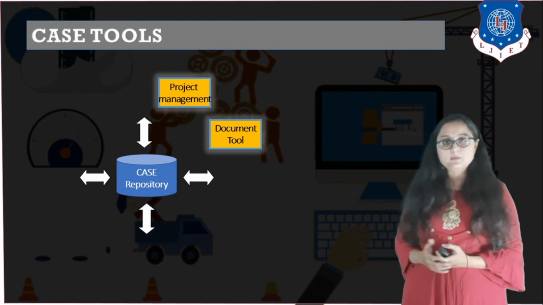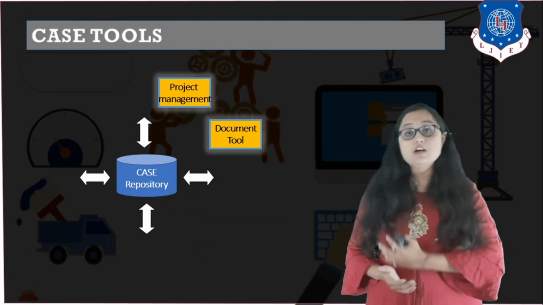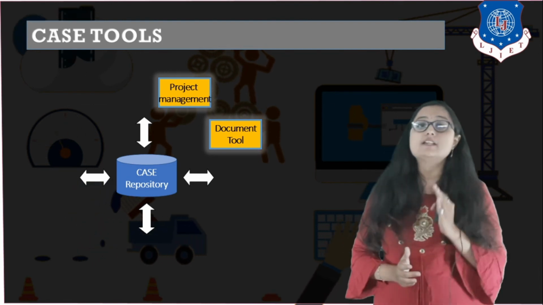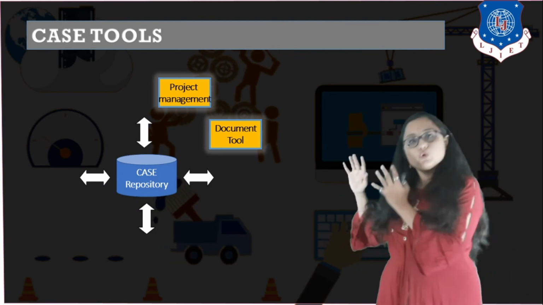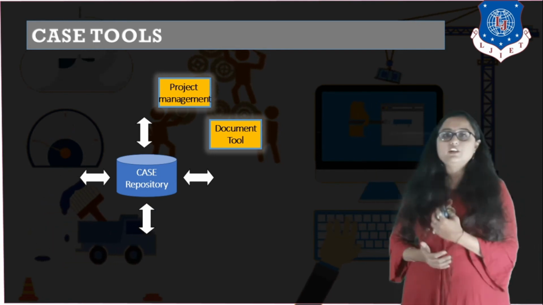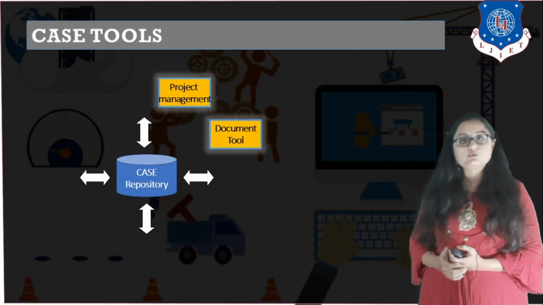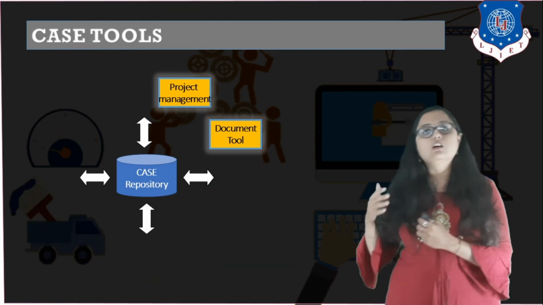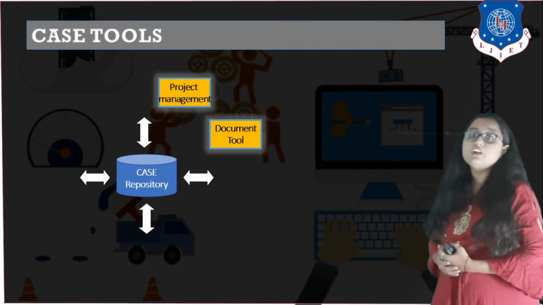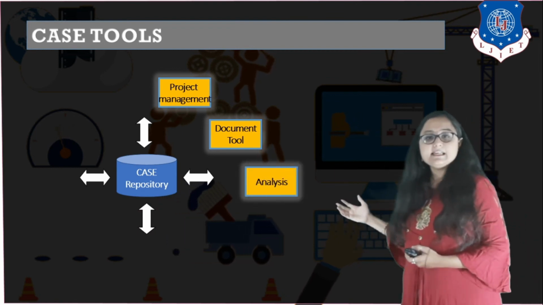The next is the document tool. Now, we know that documentation starts even before you have started the designing of your software, right? Starting from the requirement analysis phase, or you can say when you are deciding the objective of your software, you will have a document that is known as an objective document, right? So if you want to make documents faster, you have different sorts of document tools that are available. You can use those document tools, which will reduce your time. Instead of using normal Word, you can go for these document tools which have different functionalities, which make your work faster.